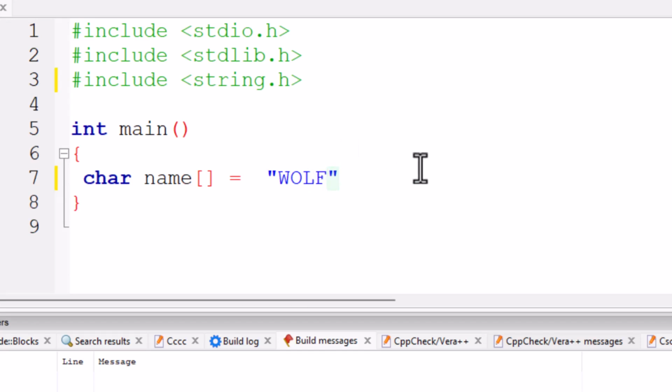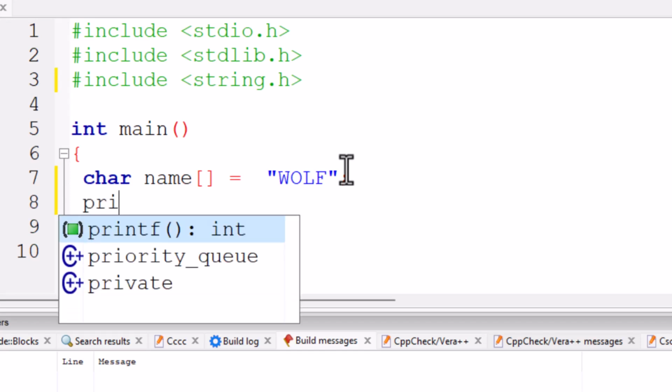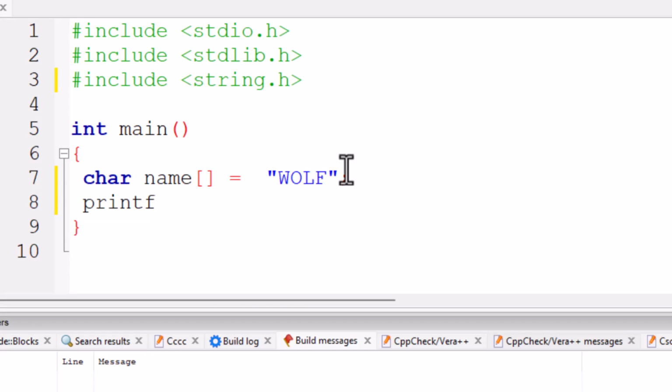Okay, so from here, remember also to put this semicolon, and let me use a print function. And remember also, even the print function is just an inbuilt function. We will talk about that later. So print function, and what do you want to print, bro? So I want to print